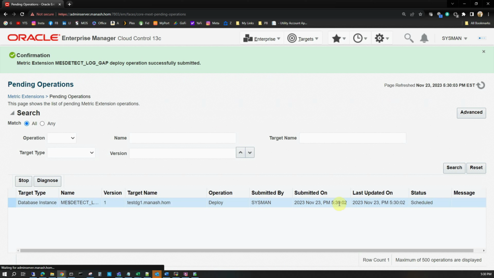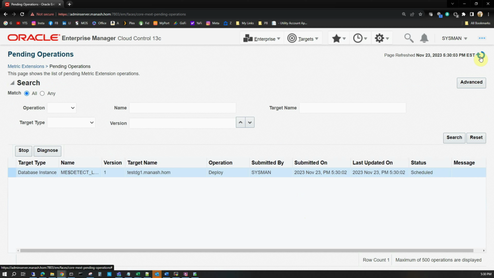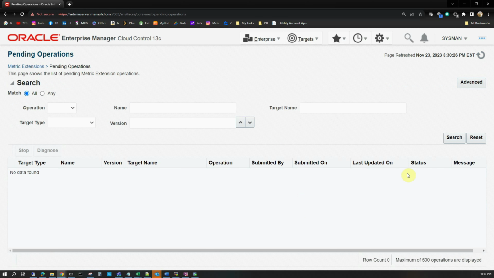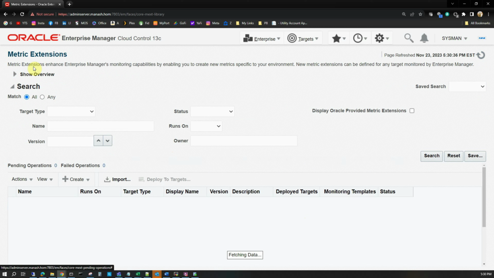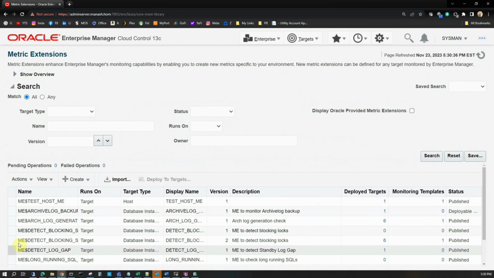And it says that the deploy operation has been submitted, and currently the status is scheduled. If we refresh this page, if it is completed, then this line should go away. Yes, no data found means the deploy operation has been completed. Now let's go back to our metric extensions page again, where if we see